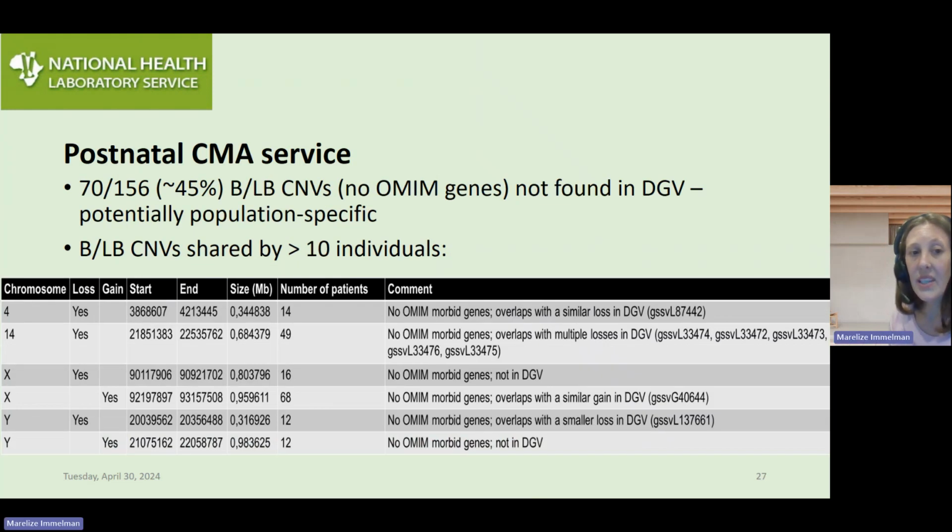About 45% of the benign or likely benign CNVs were not found in the DGV database, which is a database of seemingly unaffected individuals. And this finding can suggest that there are potentially copy number variants that are unique to Africans. And the most common of these copy number variants occur on chromosome 4, 14, the X, and the Y